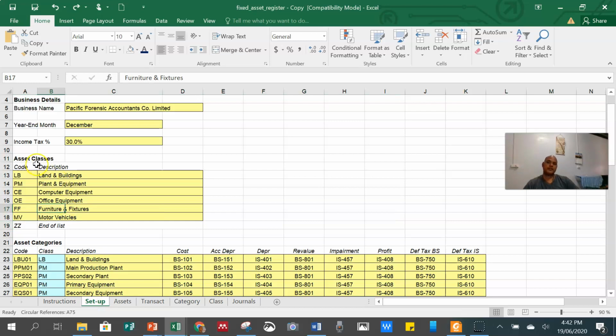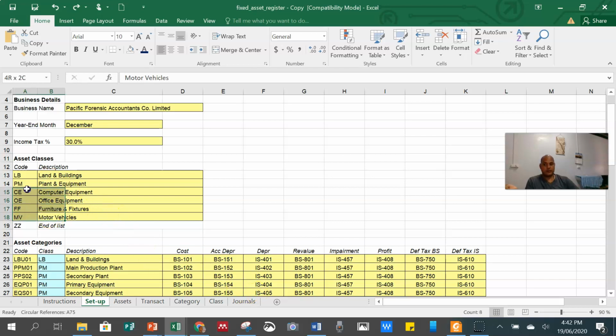So the asset class will give you the type of things that you need to record. If you have lands and buildings, then put lands and buildings there. If you have plant and equipment, put plant and equipment there. If you have computer equipment, and so forth. For example, the basic one, we have seen 2 financial statements already. They have given us the examples here. So here we can put the asset class.